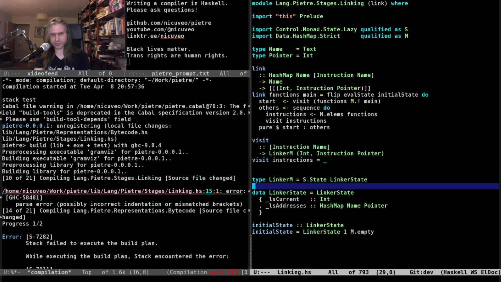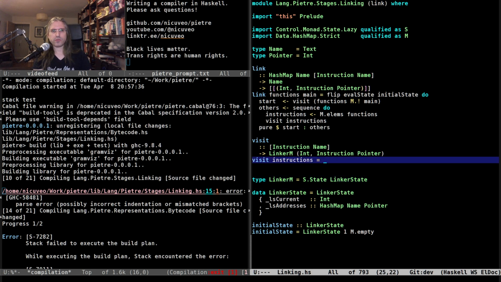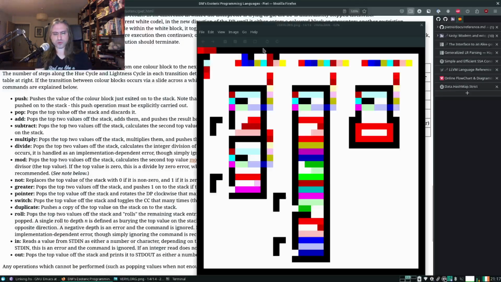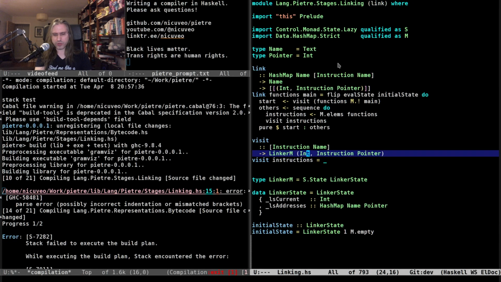Okay, so what do we do when we visit instructions? What we're going to want to do is, excuse me, again, output the number of entrances in the given function, which is part of the result because we need to know that for the strip here at the top. There's 2 here, so we do a compare against 2, do -2. There's only 1 here, so we do compare against 1, do a -1. So we need to know that for each function. And transform the name into a pointer.